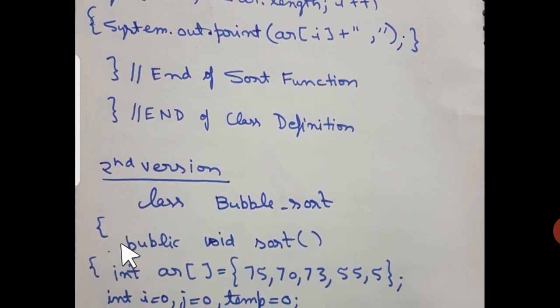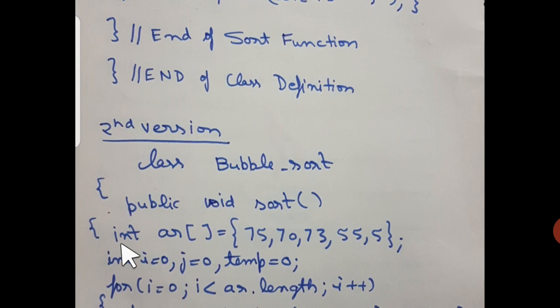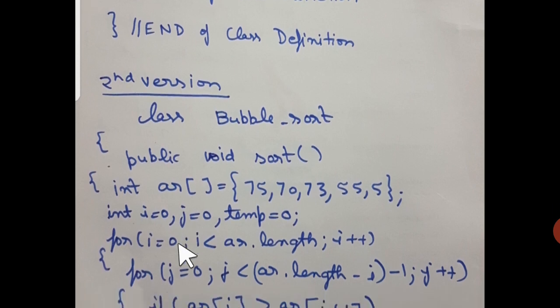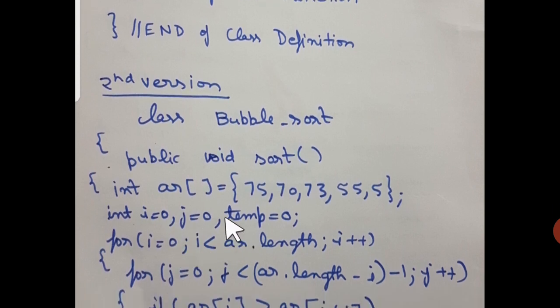Very good, students. Now one more version, a shorter version of the bubble sort, I am showing. The logic is same, all the steps are there. The only thing is that the input statement I have replaced by this one. So in the sort function, I have declared the array, created the array, and initialized the array, all three things in the same statement. Whenever you have less time in the exam, you can go ahead with this. Otherwise, always have the proper input through the keyboard. If in the examination the fixed data is given, then you can always initialize it this way.